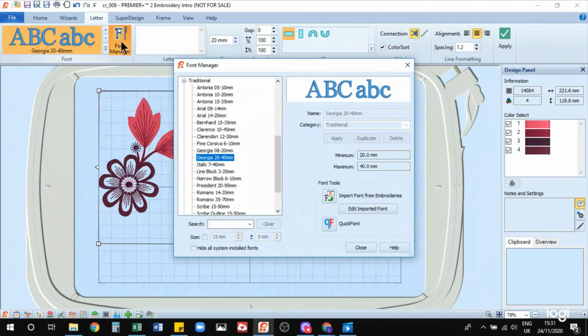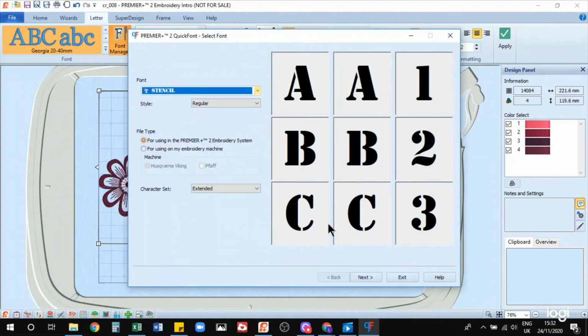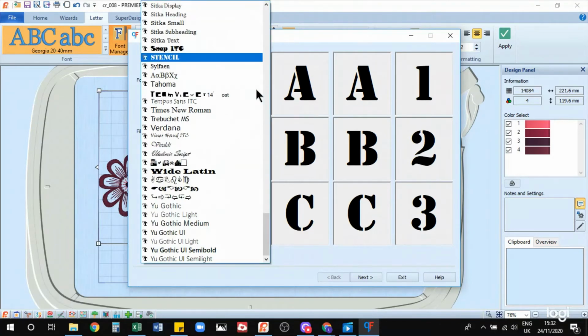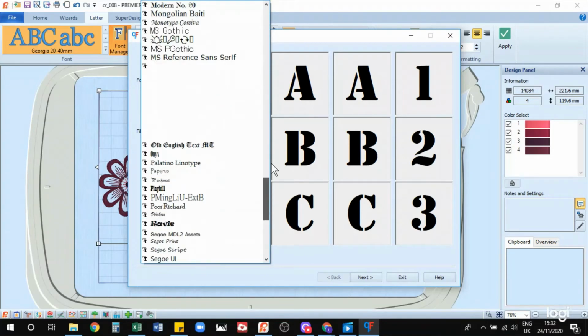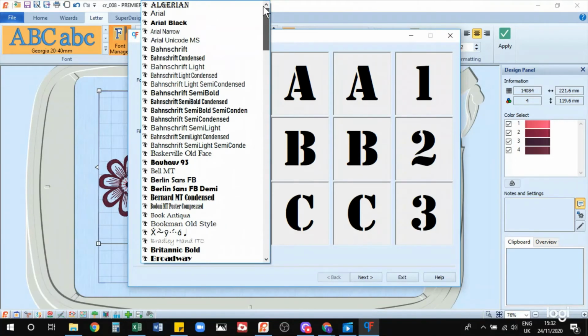So if we click on that and we go down here to quick font, remember I said that was what was normally accessed on the free version by this green cross at the bottom, and what it brings up is another dialog box. Now this is how you convert the fonts that are already in your computer, the true type fonts or open type fonts, depending on whether you're using PC or Mac. If we drop this box down, these are all the fonts that are installed in my computer,